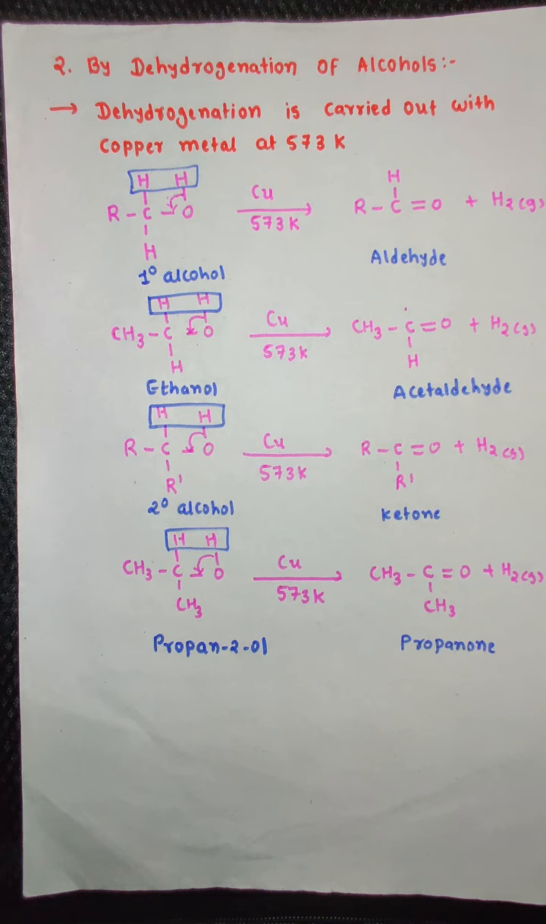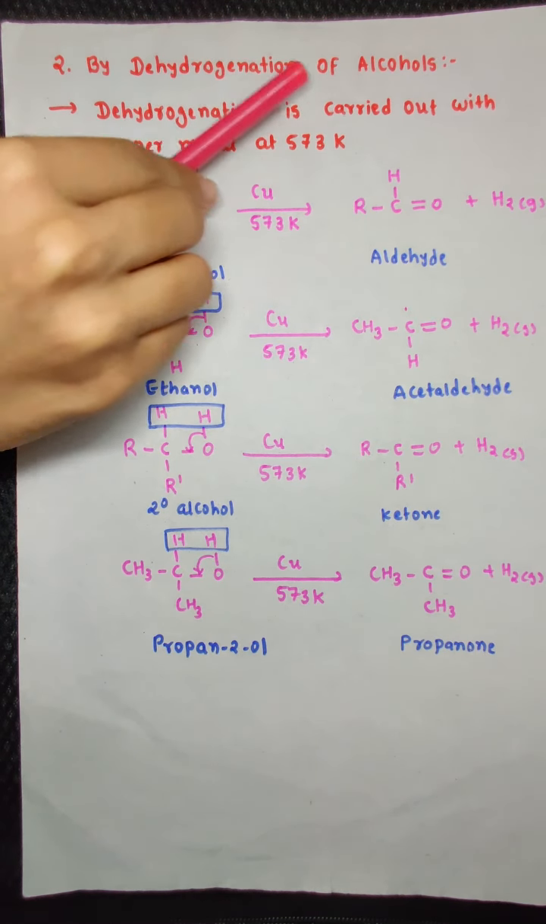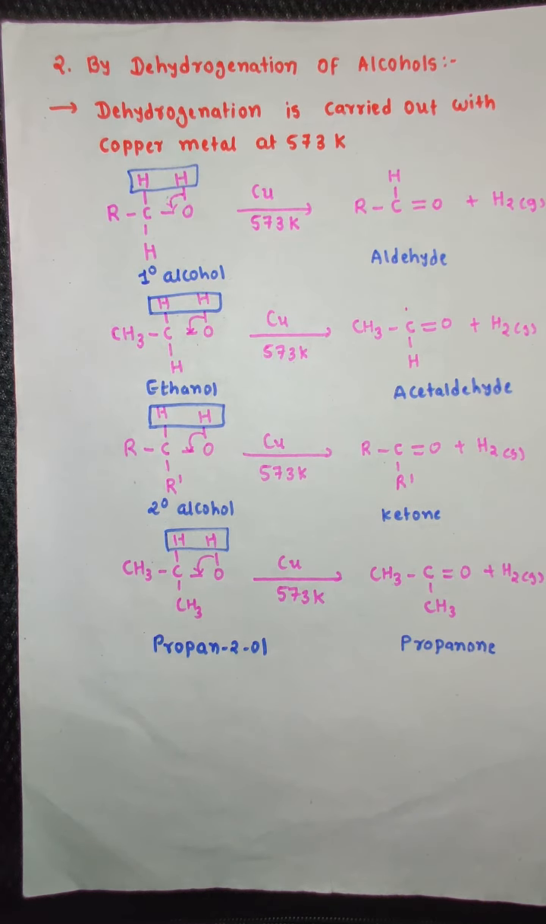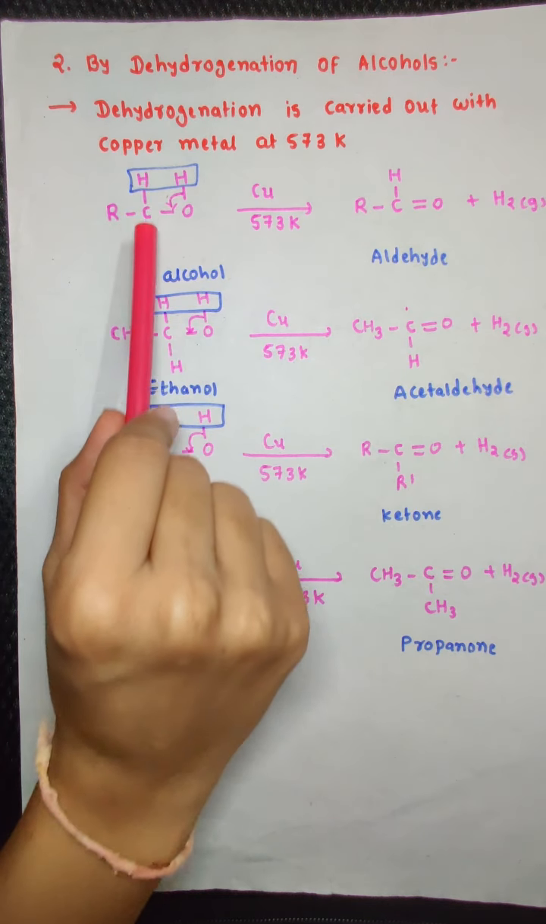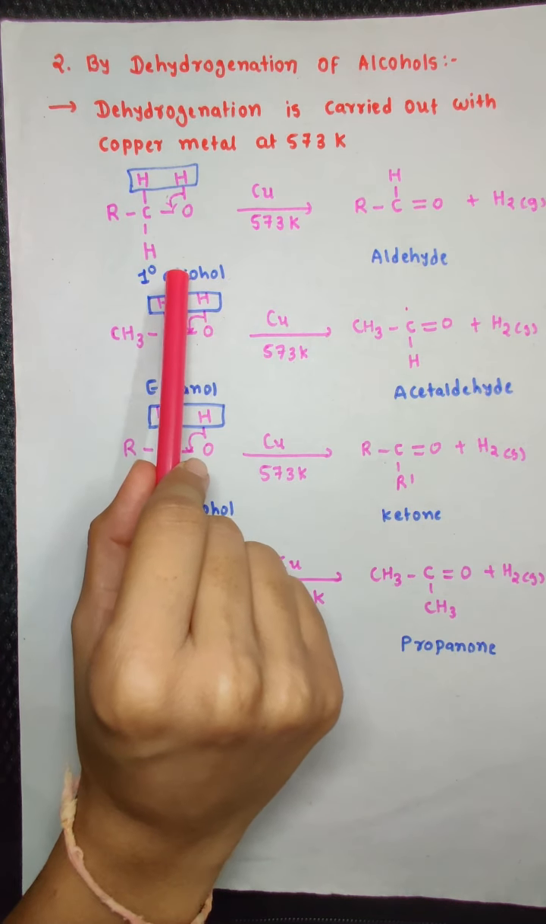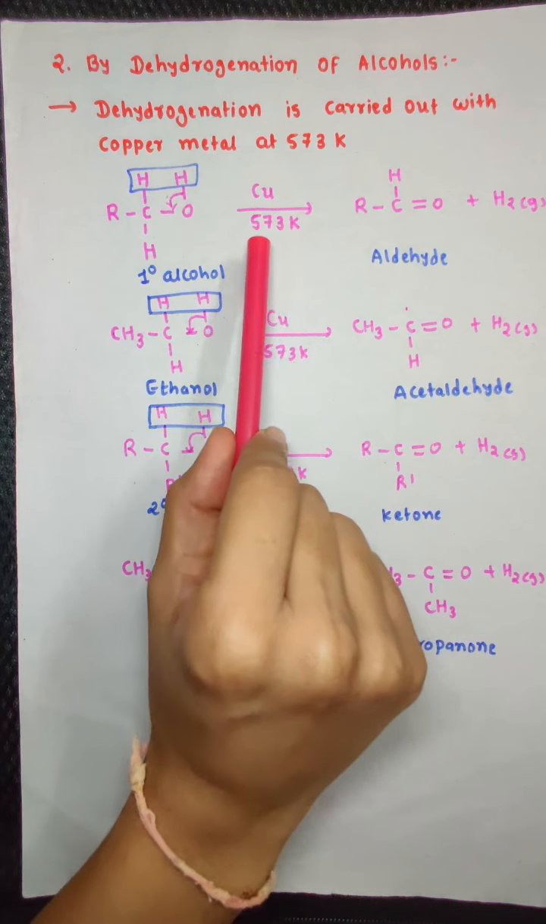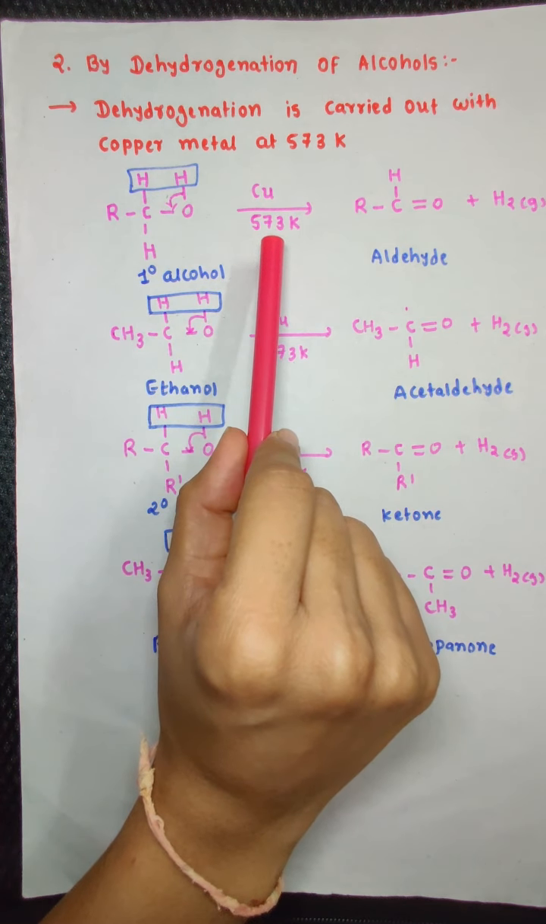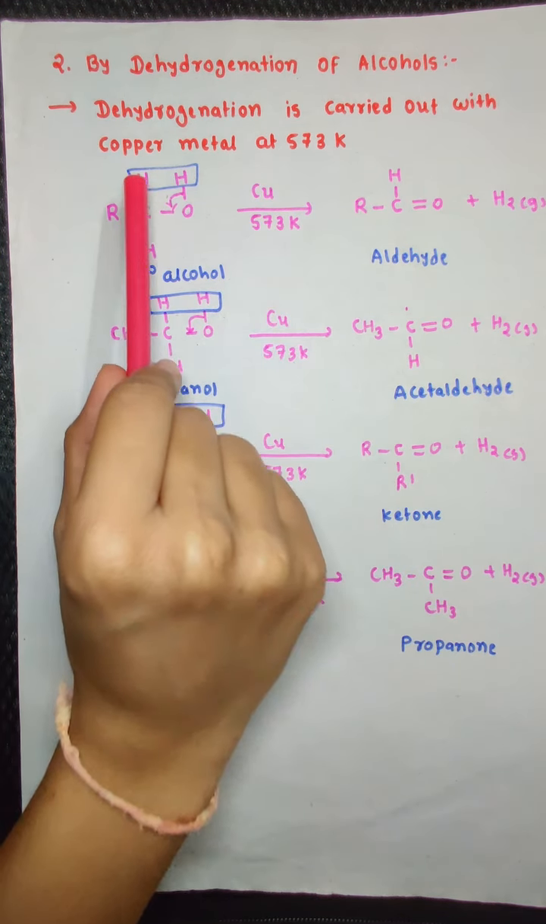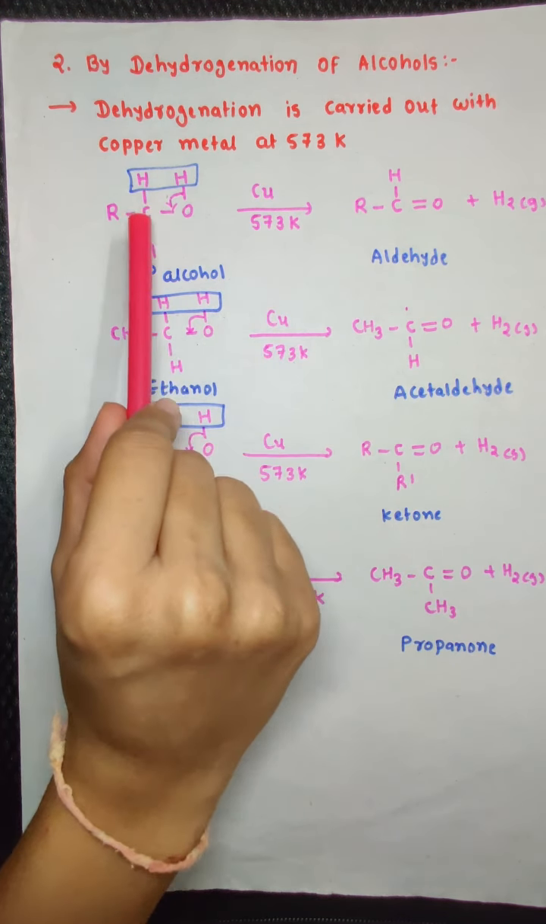So let us see the second common preparation method, which is by dehydrogenation of alcohols. Dehydrogenation is very similar to oxidation, but it is carried out with copper metal at 573 Kelvin temperature. See, this is a primary alcohol, RCH2OH. On treatment with copper metal at 573 Kelvin, one hydrogen atom from carbon and one hydrogen atom from oxygen gets eliminated in the form of hydrogen molecule,